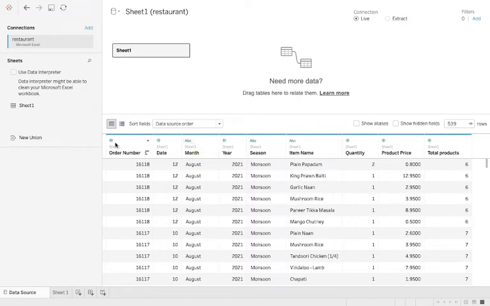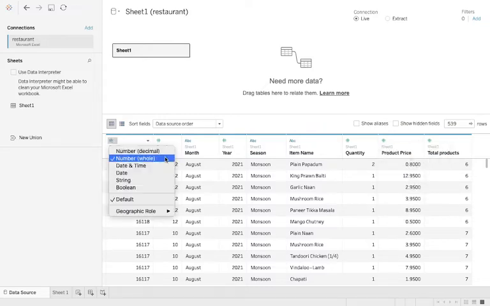But other than that, there are six other types of data types that we have. So I'll just click on this and you can see all these data types that we are having. First is number, decimal. So if you're having some decimal values, like if you see here, this particular column, you can see this is number decimal, and if you see this is decimal, a number whole, right?